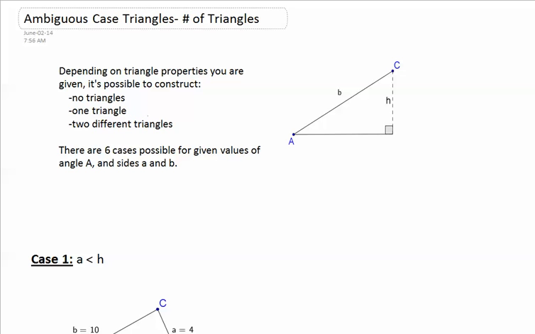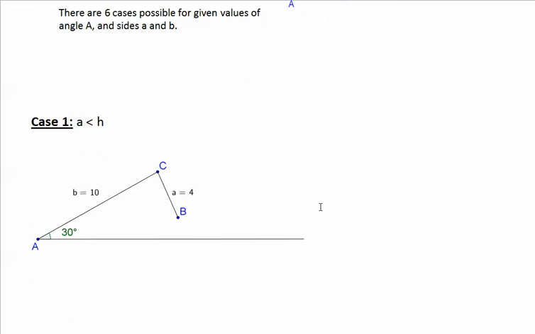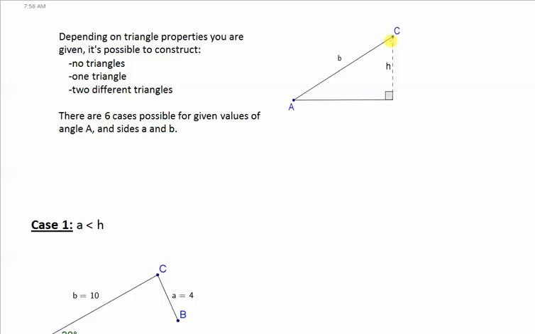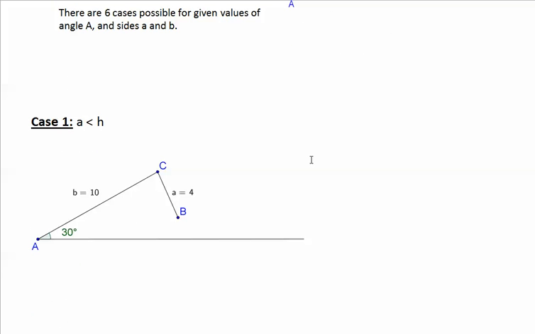We're going to find out about these different scenarios through 6 cases that are possible for given values of an angle A, a side a across from angle A, and a side b. The first case is this one in this graphic, where a is a value less than h. Now remember, h is an altitude from the opposite side. h is a side that would form a perpendicular to this base. So if a were actually smaller than that, what we're going to see is that no triangle can be